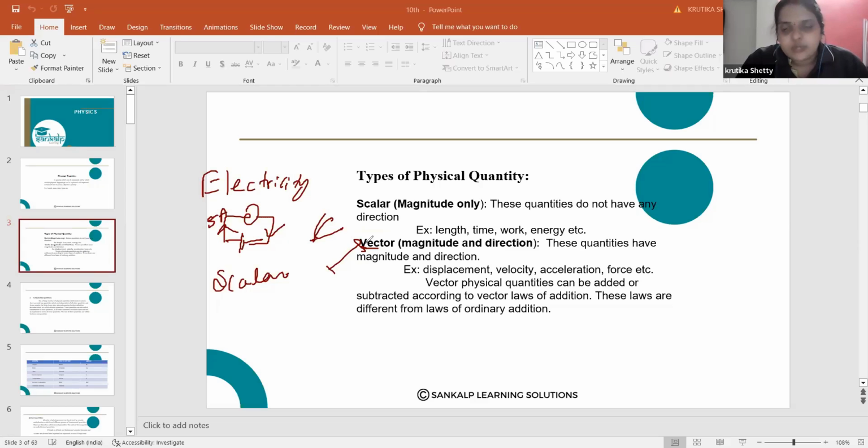But when you want to call something a vector quantity, you should be sure that the vector addition laws can be applied. But for school level, we don't require the vector addition laws here. You just remember the simple examples, which we will study in the upcoming physics classes. The next slide is